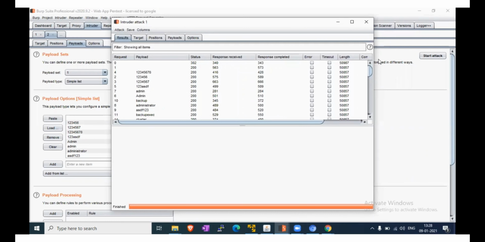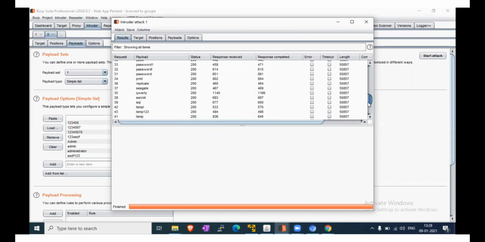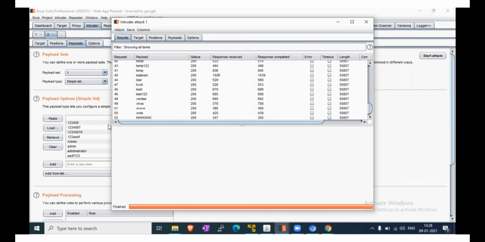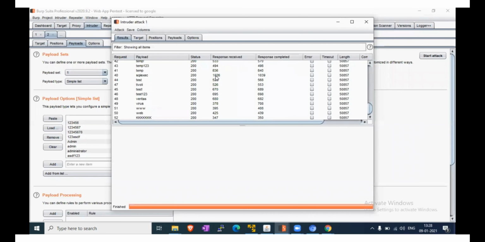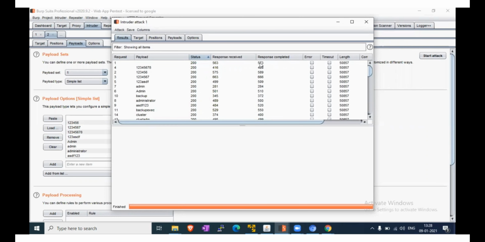Okay, so we are able to see it here. Now we will check the status first. If we get any error, we can see response received and response complete.